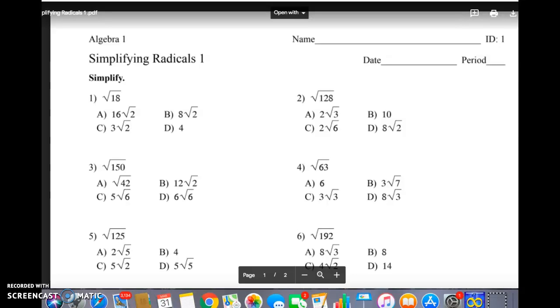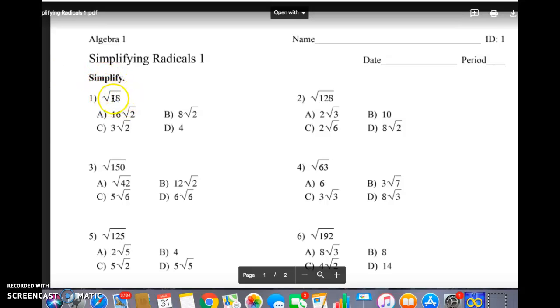All right, welcome ladies and gents to day 12, which we're going to be covering radicals. So radicals or square roots, they need to be reduced as we start to get into the quadratic formula, which will be coming up next. So in simplifying radicals, what we're going to do is take a radical like this,